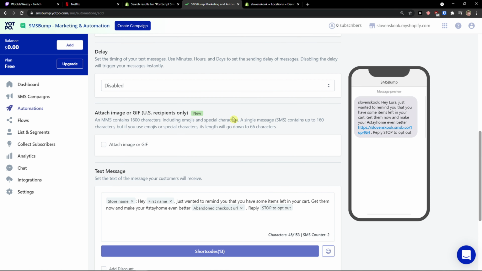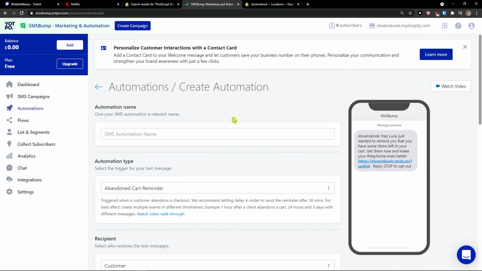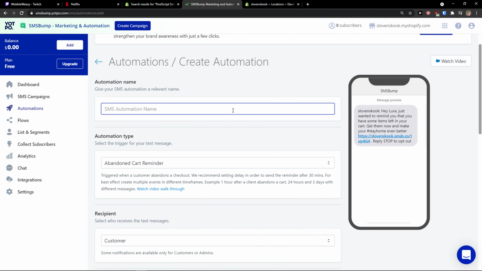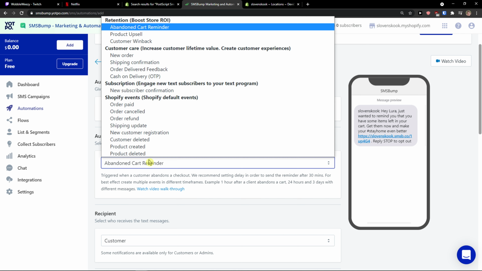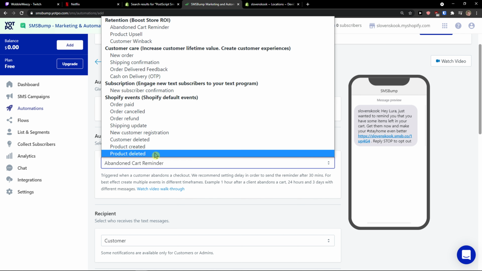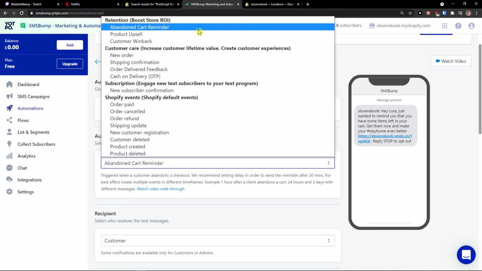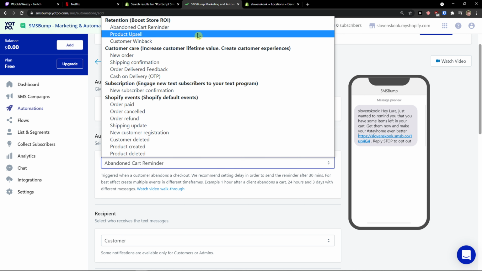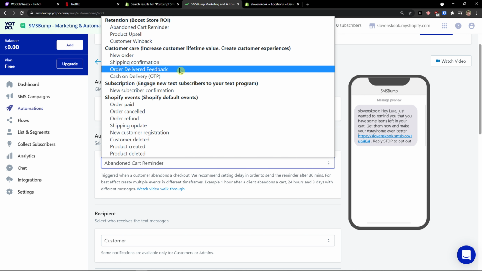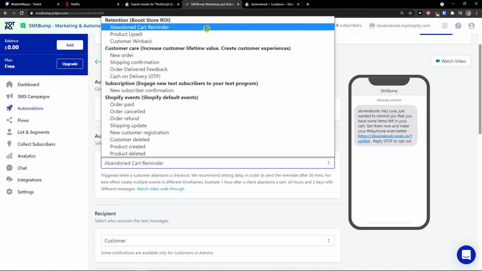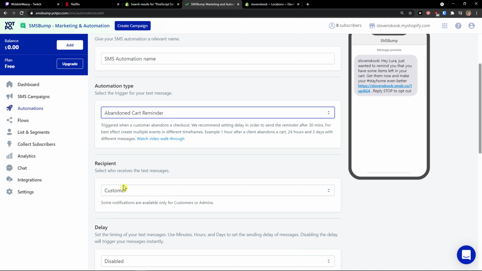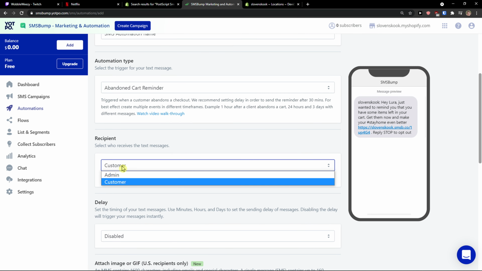And you can create a campaign here. So automation name. So we can get automation type, and this is the type which is going to be like, okay, if it's going to be abandoned cart, reminder, product upsell, customer win back, you just choose. So let's say that I'm going to send a message to people who abandon a cart. Okay, then recipient is a customer,